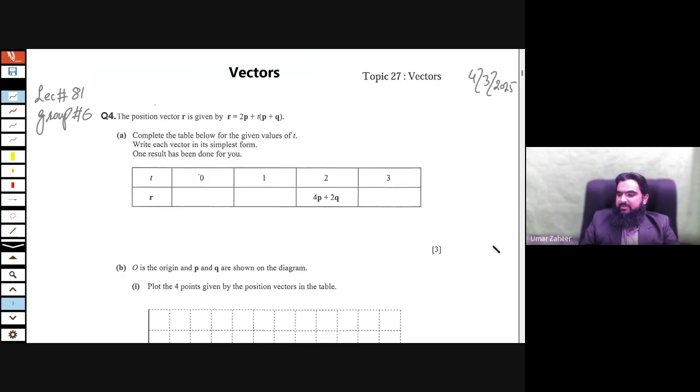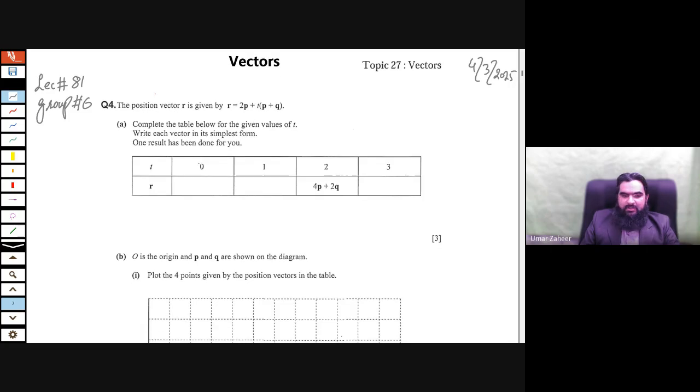We have done one lecture on vectors. We have a second lecture today, which is just a practice session. We have done the first three questions in the last class, so we are going to continue from question number four. The position vector r is given by